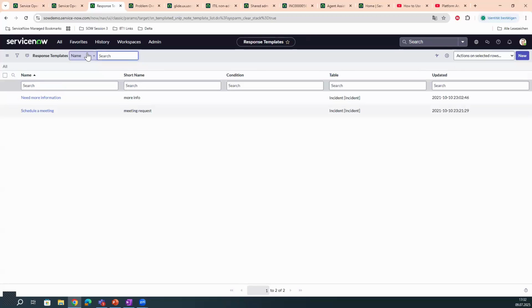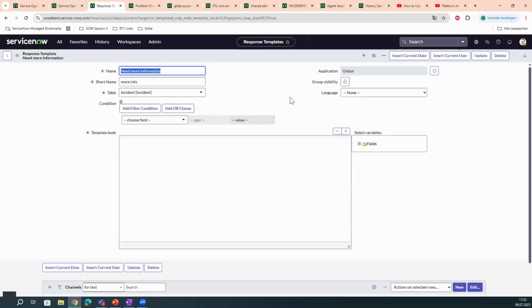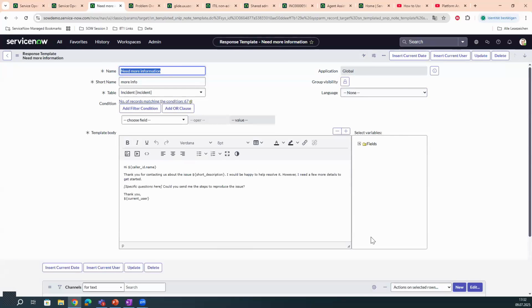And here we see our two out-of-the-box templates, need more information or schedule a meeting. And here we can see we can add them to a form. Sorry, I think it's not refreshed, but